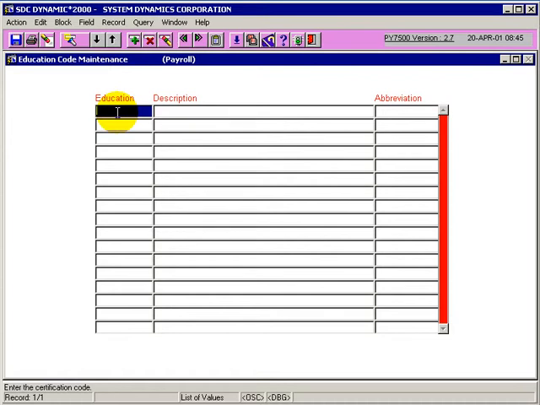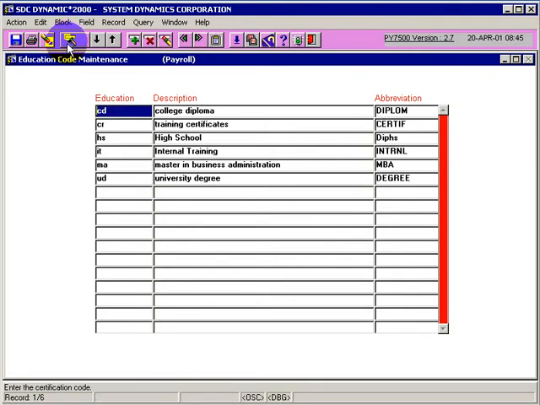It requires three fields: the education code, the description of the level of education, and the short abbreviation for this level of education. Let's start by querying if there are any education codes that are already defined in the system. So we click on the execute query button or enter query button, and then we execute query. By doing that, we display all the education codes that are already defined in the Payroll